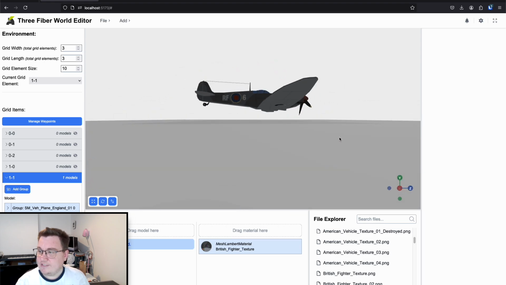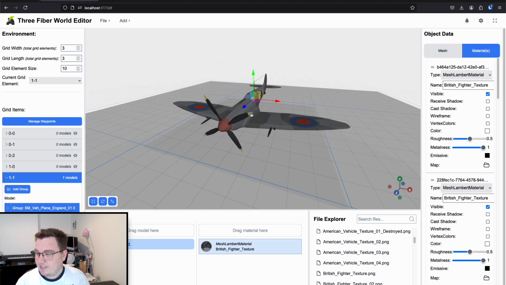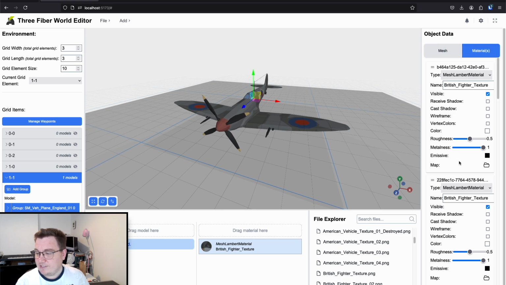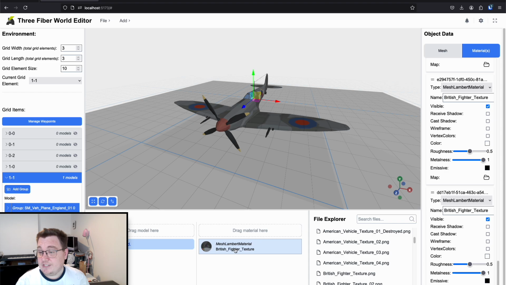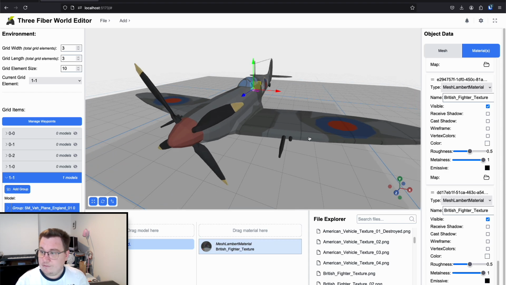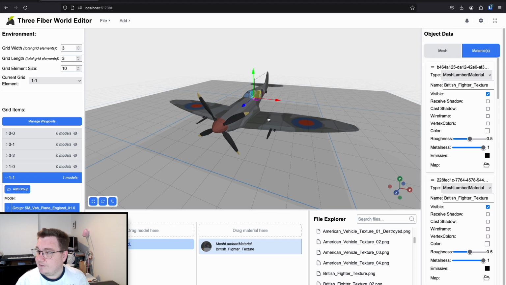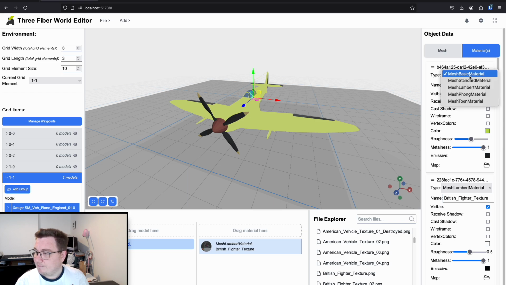And if I click on this, we can go over to materials, and we can see they all now say British fighter texture, because it has loaded that same material into each one of these. Now if I wanted one of these to be different, say I want that first one to be different, I could click onto Mesh Basic, that'll reset it, or click back to Mesh Lambert, and then